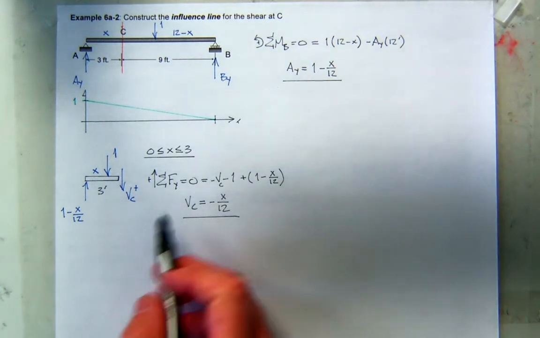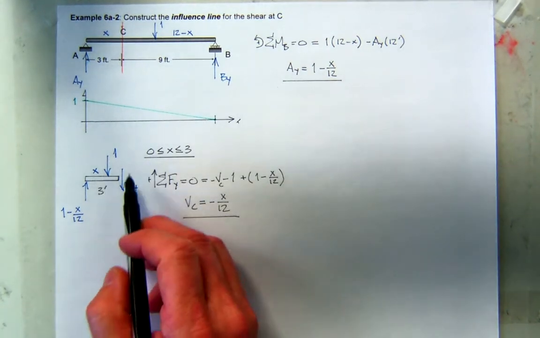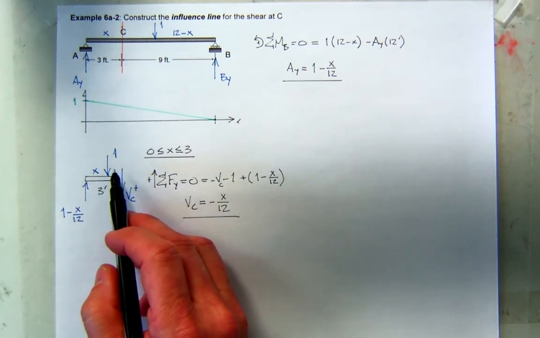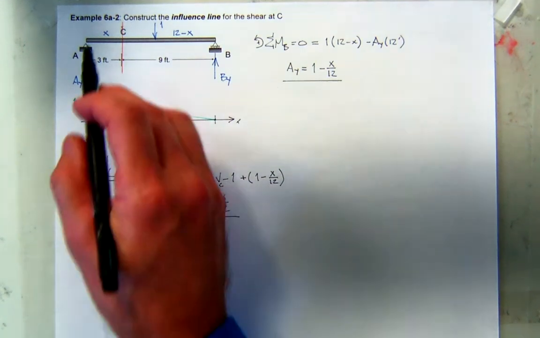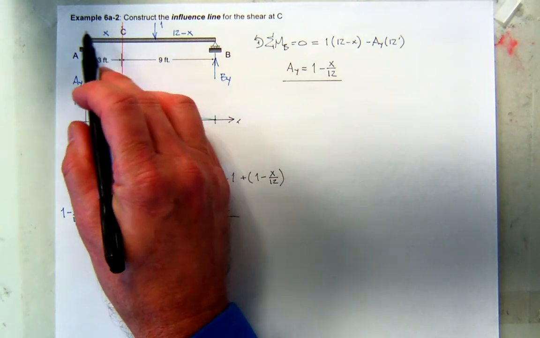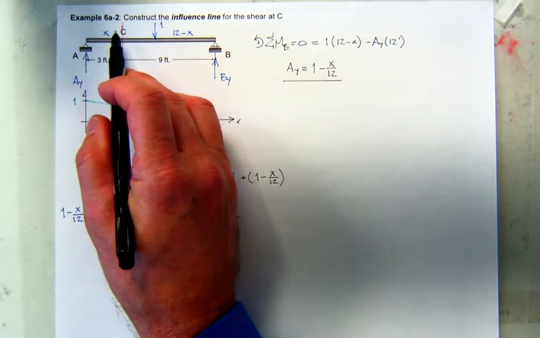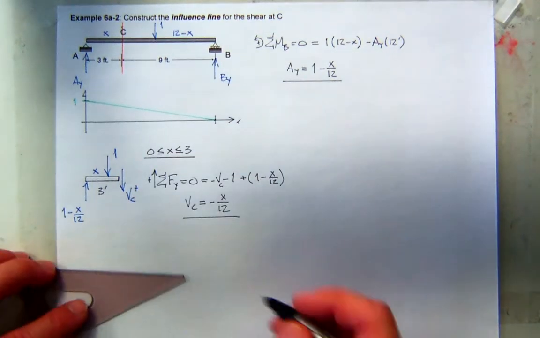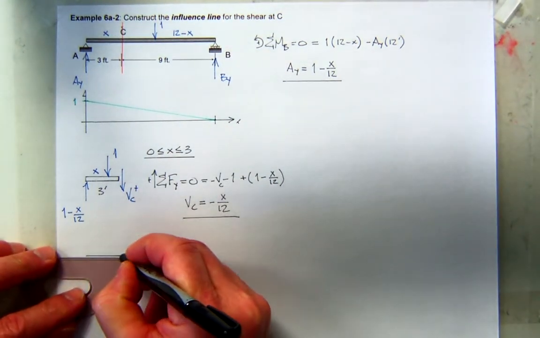And this is only good for 0 to 3 because when I'm on this body, which is only 3 feet long, this is accounting for my moving load being anywhere between 0 and A. The second case is when it's not greater than that. In that case, it would look like this. It's the same free body,